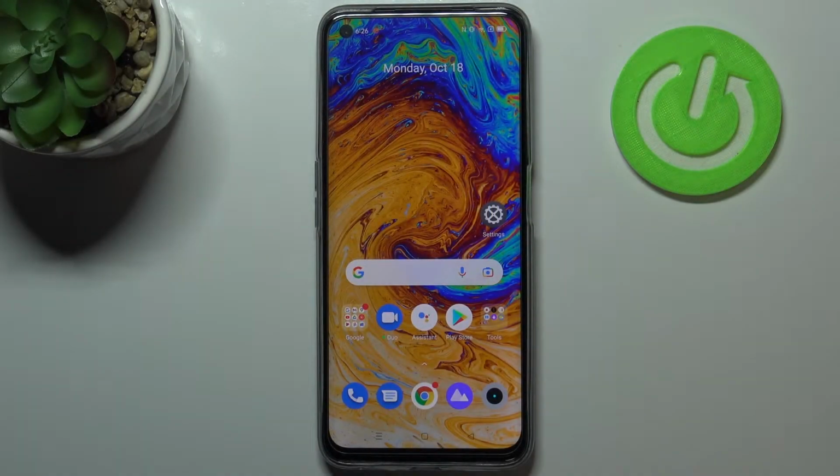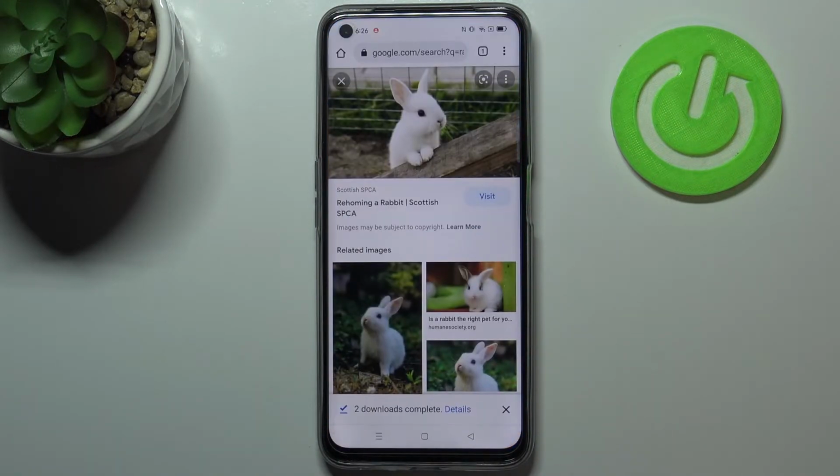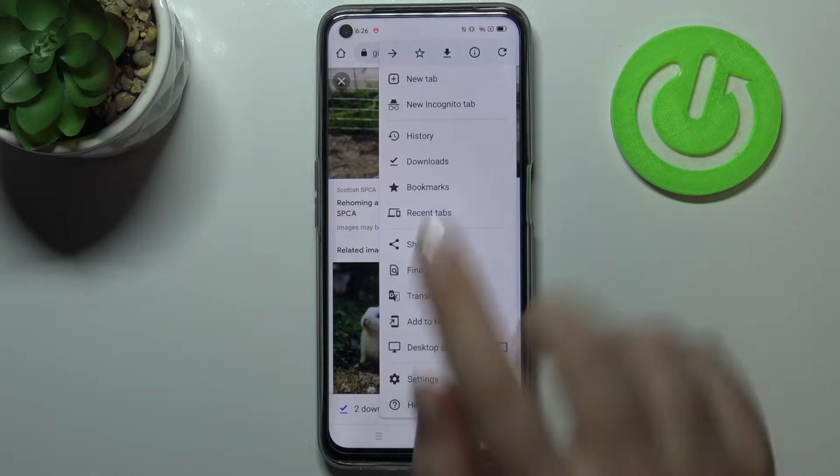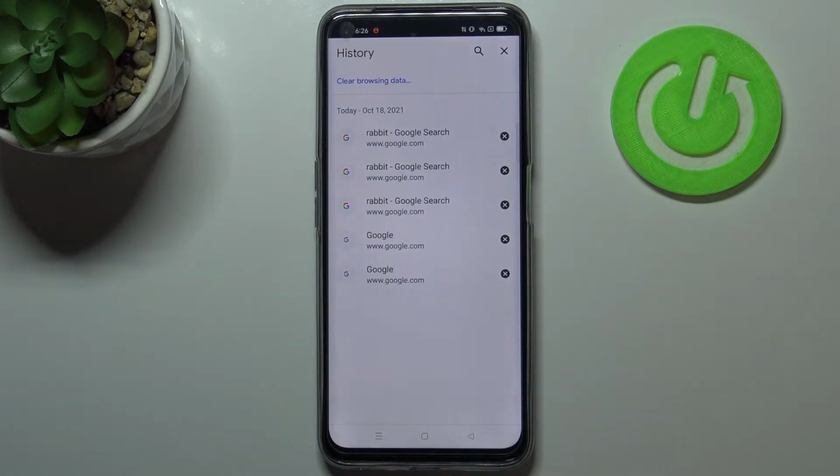Hi everyone, in front of me I've got Realme 8i and let me share with you how to clear browsing data on this device. So first of all we have to open the browser, in my case it will be Google Chrome, and now let's tap on the three dots icon in the right upper corner. Now we have to enter the history, and as you can see here we've got the list of previously visited